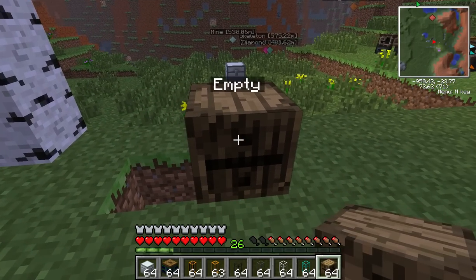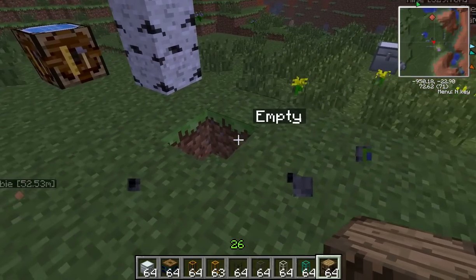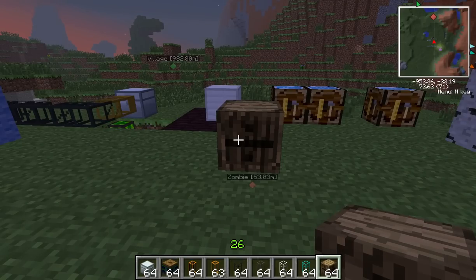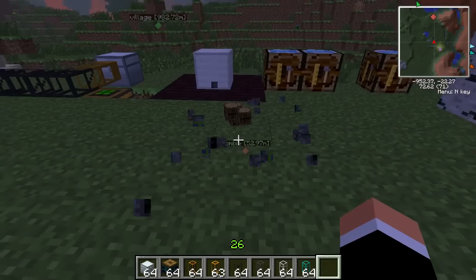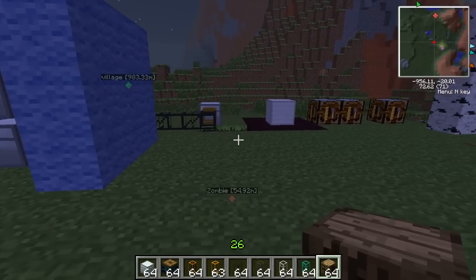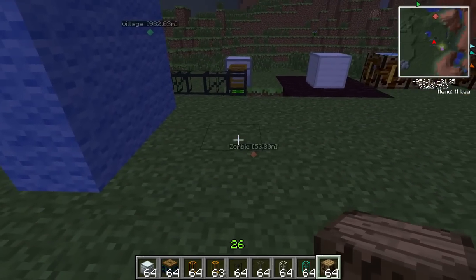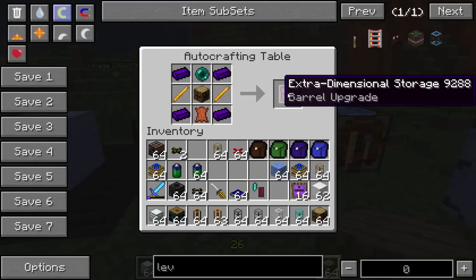So we'll take a few of those out. Oh, that's right. Go back into creative and get rid of you. Whack you down there. These work like a chest. There are larger chests, 64 times 64. Well, you can get chests that hold quite a lot, obviously, like your crystal chest. One thing that you may want to do with these, though, just to make sure that you never run out of room in there, is to build one of these, an extra